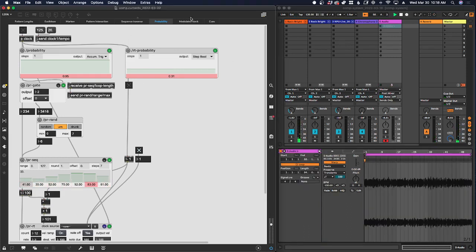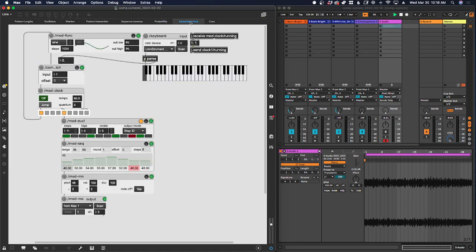Okay, one more thing to demonstrate is this idea of the clock signal itself, the tempo, the BPM, being modulated by, in this case, a sine wave. Go back to our nice bells. I like them. So